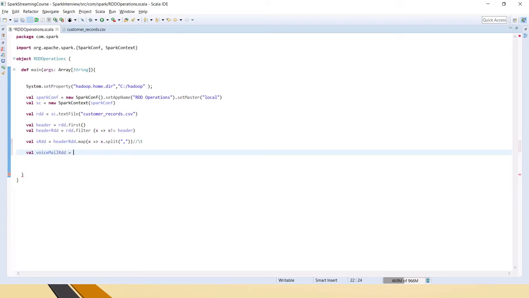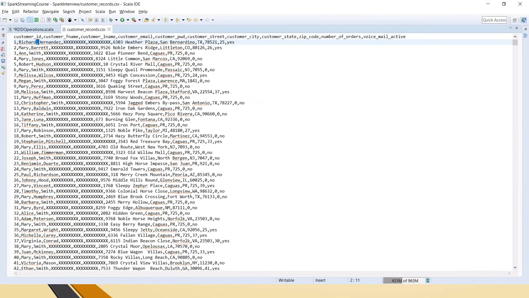Okay, now we will take this SRDD because that's where we have the split columns, right? So I am saying that from this now we will filter the last column, which is the voicemail active. 0, first one is 0, 1, 2, 3, 4, 5, 6, 7, 8, 9, 10.